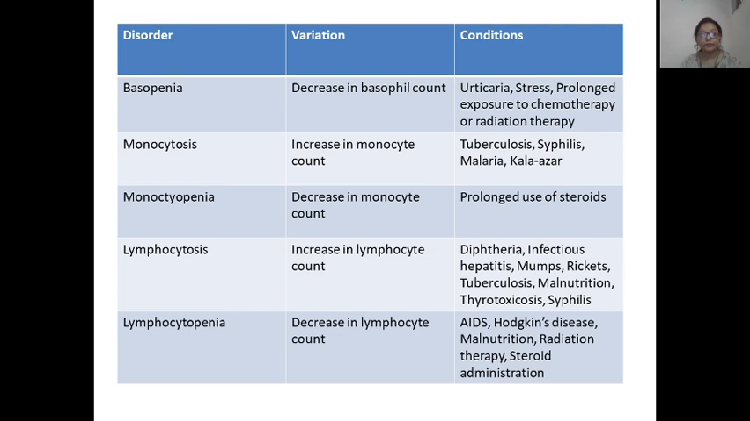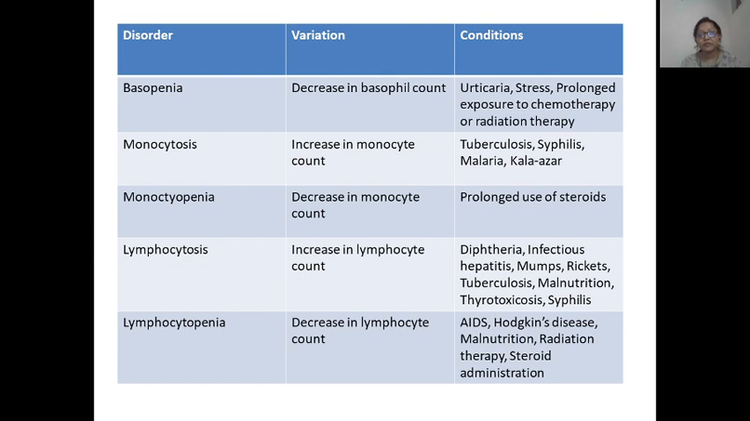cause this condition. Monocytosis is the increase in monocyte count, and it happens in tuberculosis, syphilis, malaria, kala-azar, etc. Monocytopenia is a decrease in the monocyte count, and it happens with prolonged use of steroids. Lymphocytosis is an increase in lymphocyte count, and it happens when the person is susceptible, or